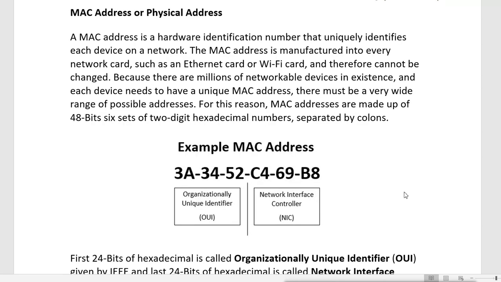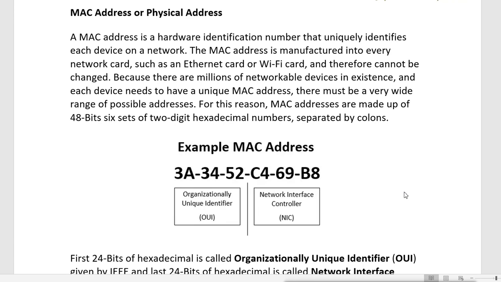MAC address or physical address. This MAC address is a hardware identification number that uniquely identifies each device on a network. The MAC address is manufactured into every network card, such as an Ethernet card or wireless Wi-Fi card, and therefore cannot be changed.